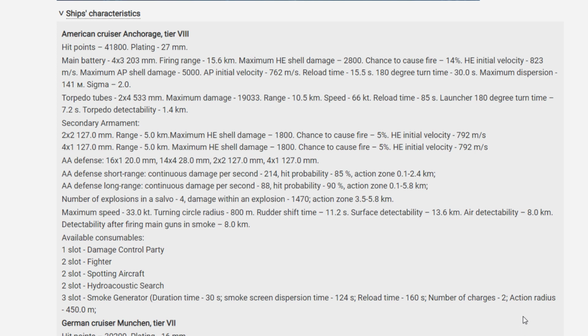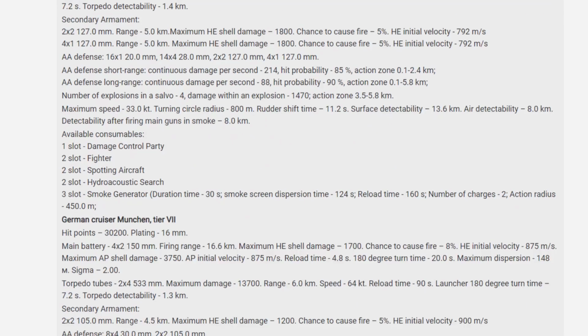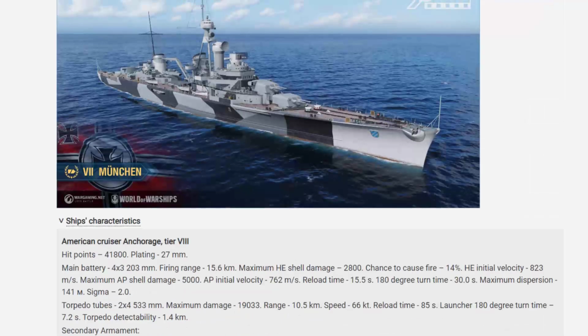And Benson smoke, the best damn smoke in the entire game, the best torpedo in the entire game at tier 8. I'm talking about any tier 8 ship. Benson can only dream to have your torpedo damage and the speed and everything else. So yeah. And then we take a look at this